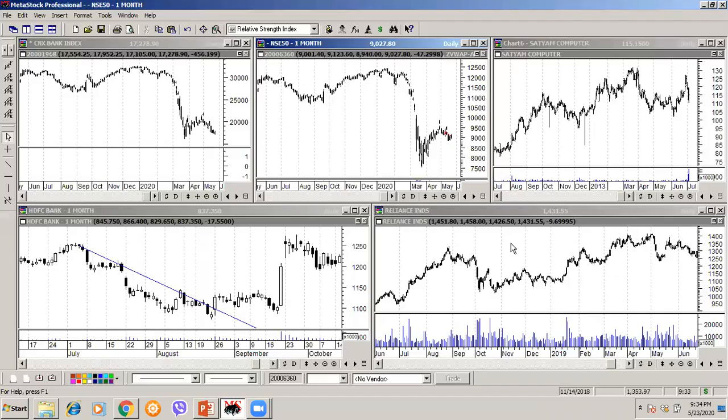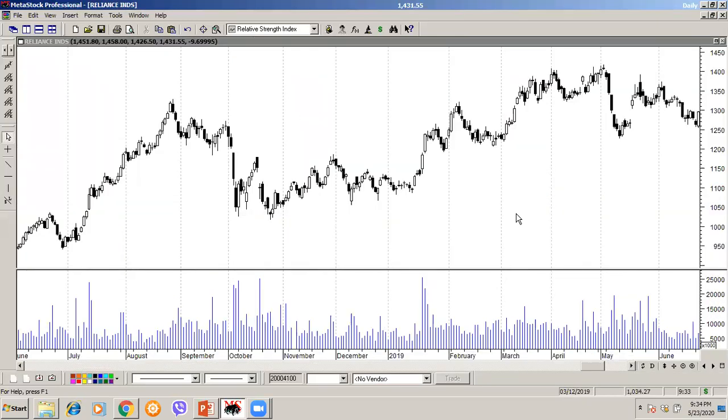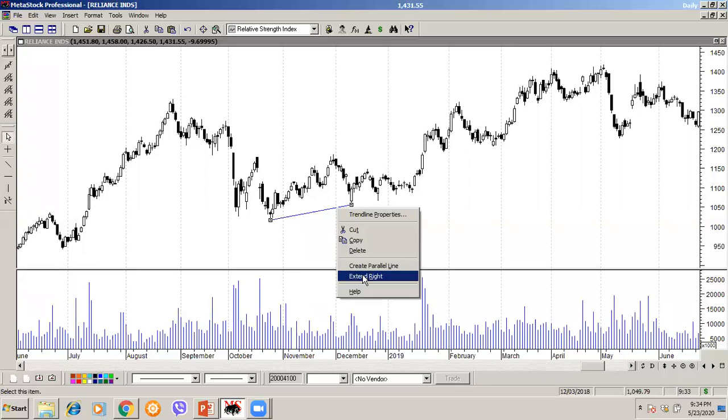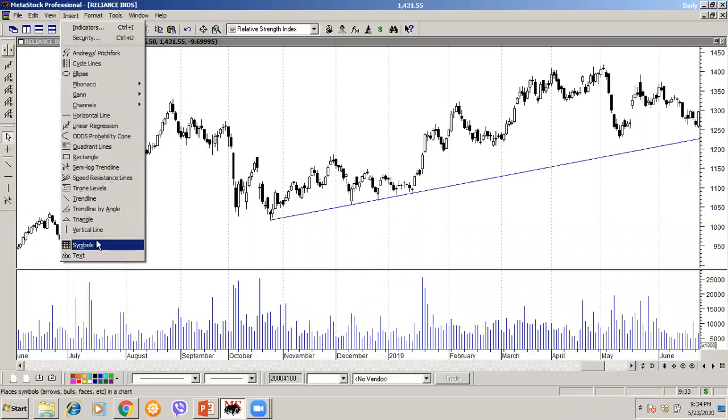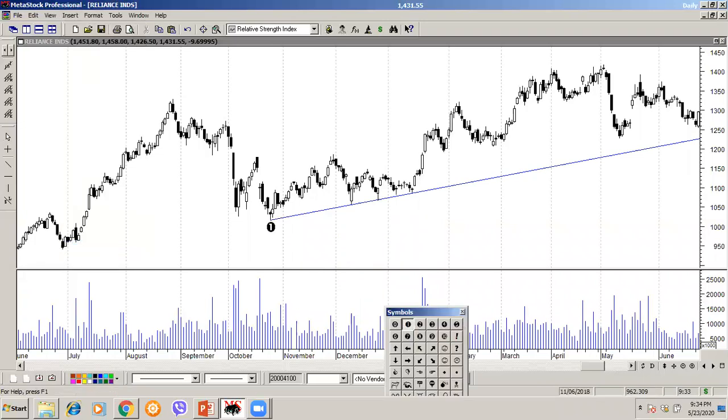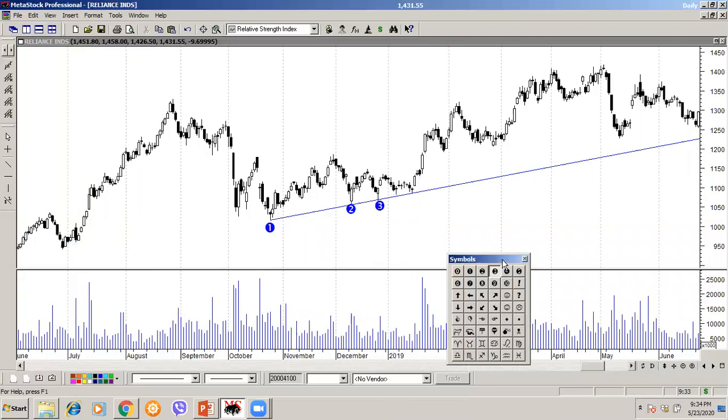Let us say we take the chart of Reliance Industries. This is Reliance Industries cash. Now, if I try to draw a trend line out here, let's say an uptrend line, I will connect these two lows and just extend it into the future. The moment this third point hits, so this is point one, this is point two, this is point three. When 3 points have already hit this, only then we can say that this trend line is valid.